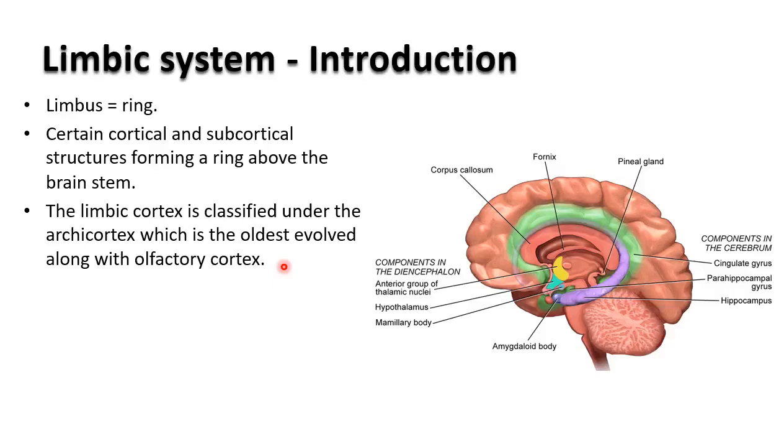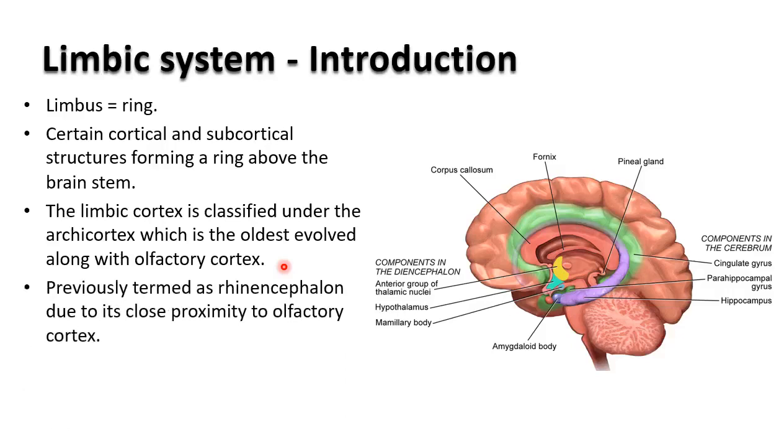Now, if you take the archicortex, usually you will have only 3 layers of the cerebral cortex, whereas the neocortex will have 6 layers. This can be appreciated only histologically. So there will be 6 layers, such as your pyramidal cell layer, granule cell layer, layer of polymorphic cells. But this archicortex has got only 3 layers,